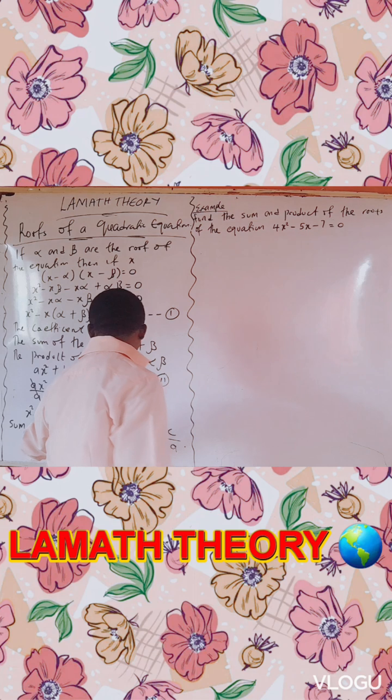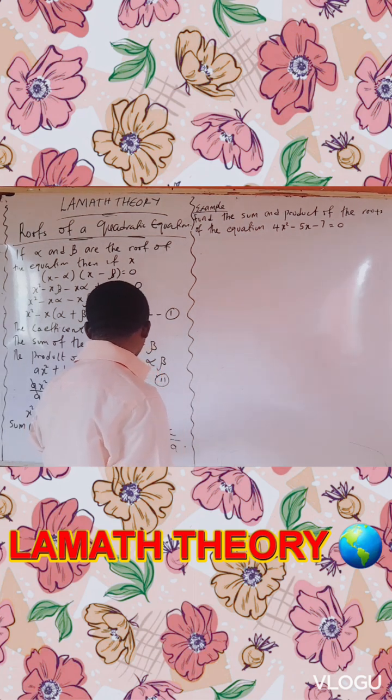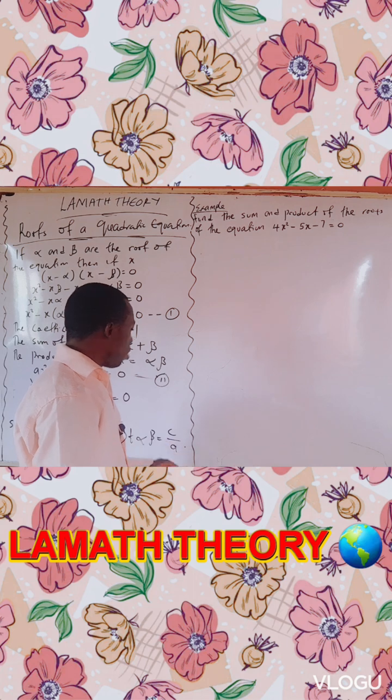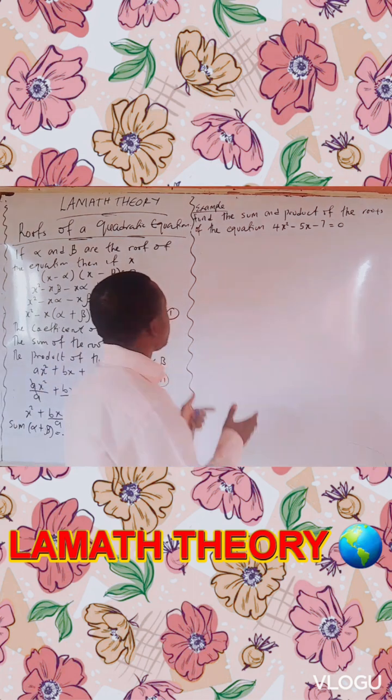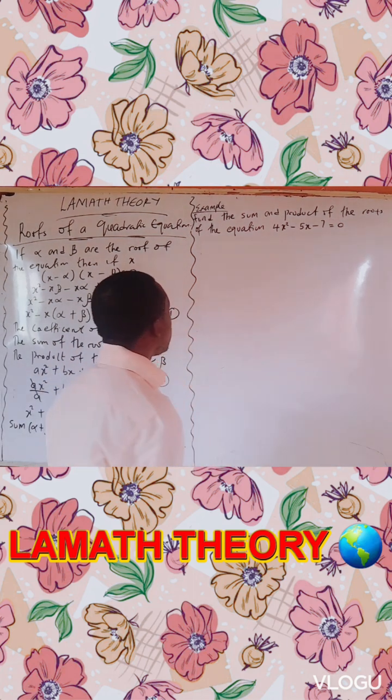Example. Our sum, alpha plus beta, equals minus b over a. The product, alpha beta, equals c over a. So the question now says, find the sum and the product of the roots of the equation where we have